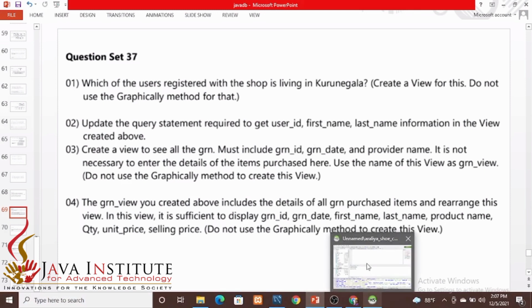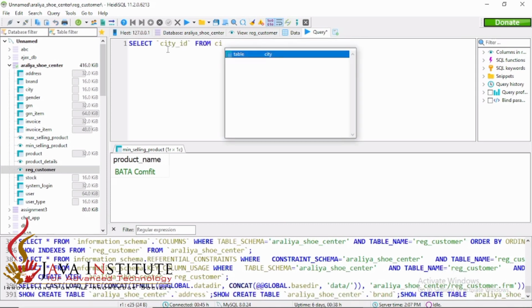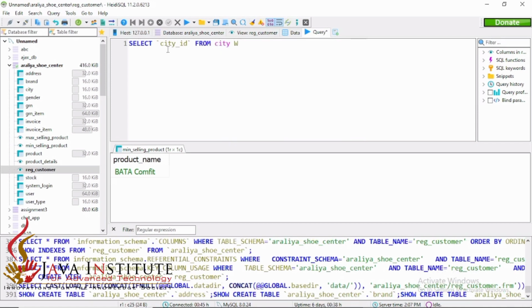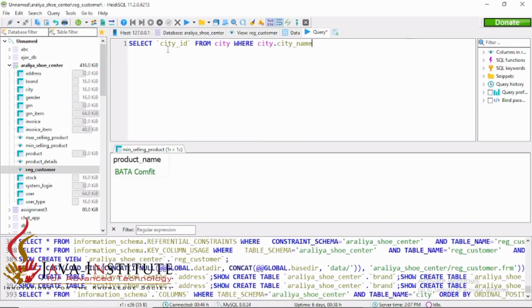First of all, let's find out the city ID related to the city name Kurunegala. So I'm giving the query as select city ID from city where city table's city name should be equal to Kurunegala.